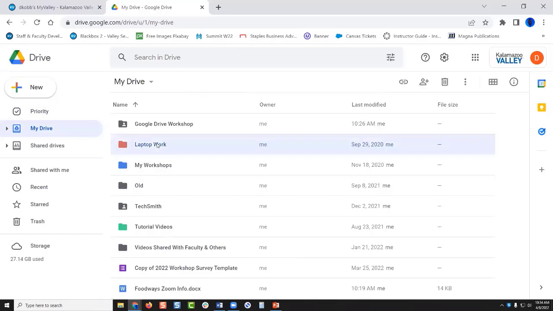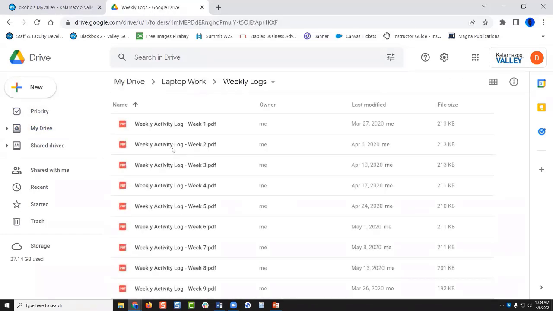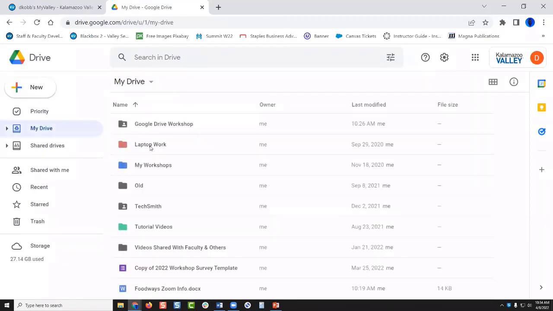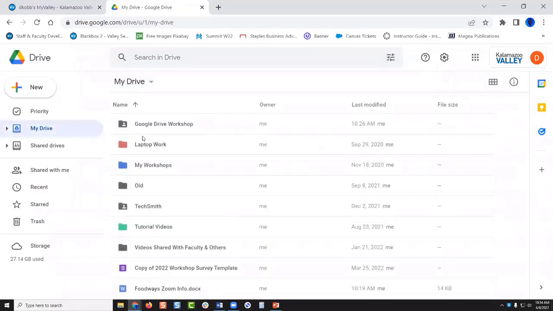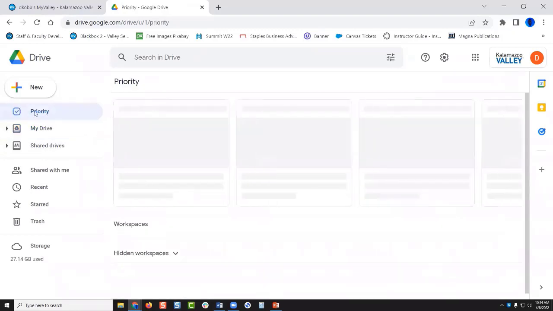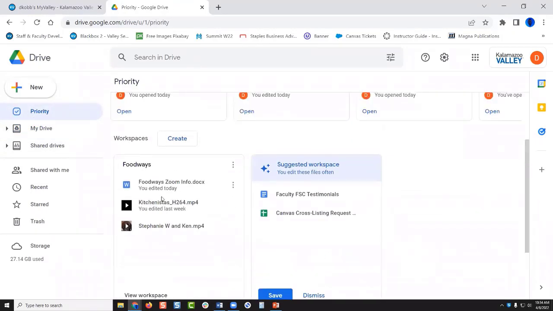The big difference is that when I look at my drive, I have several folders and several files. And when I go into those folders, I have subfolders, and some of those subfolders have subfolders. And so, depending on where my document is saved, I may have to go several folders deep to find what I'm looking for. And if I know it's something that I'm going to need easy access to, then creating that workspace and grouping those files together and folders together just makes it easier to access them.